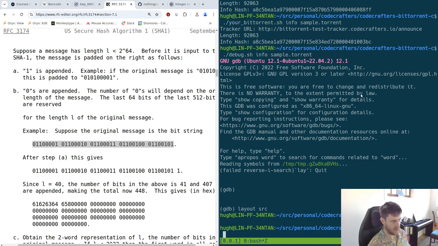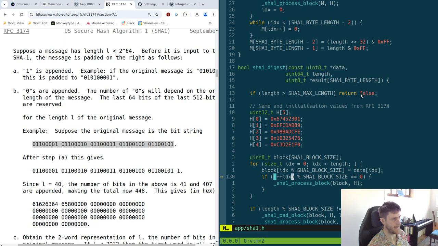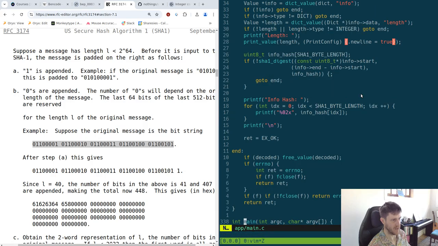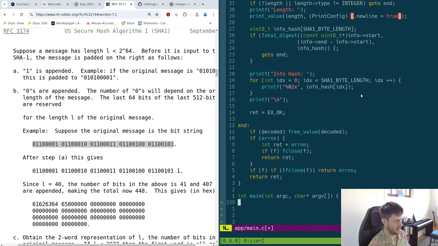So what we can do is just do, maybe in main. If we go here and just go to main, I kind of just want to do a little test of, right. So